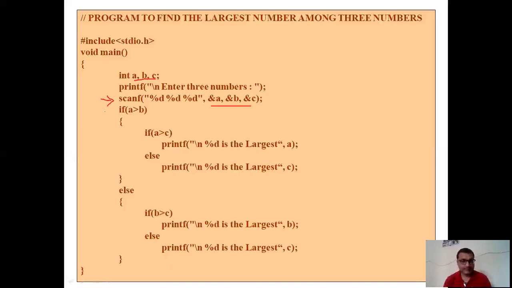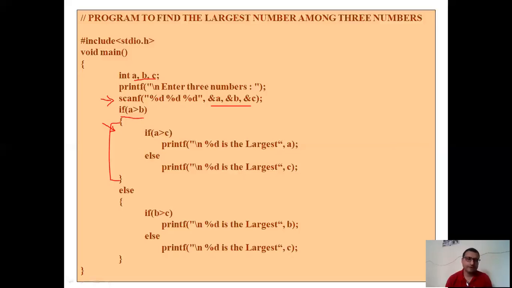Now in this implementation using nested if, I'm not going to use logical operators. Why? Because they make it slow, right? So first of all, I have checked this. Okay, if A is greater than B, I'm going to compare two values at a time. So if A is greater than B, then I'll go inside this block. If I'm inside this block, that means A is greater than B, right? So what I need to do now is compare A with C.